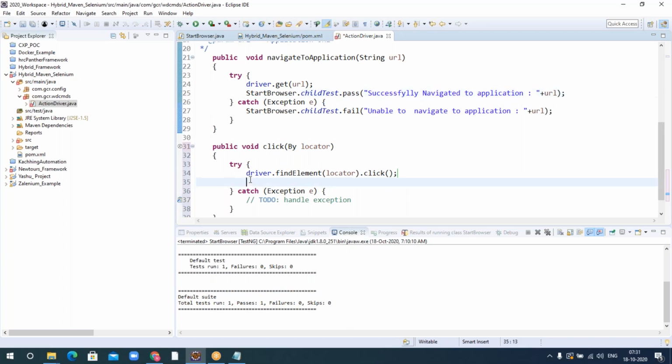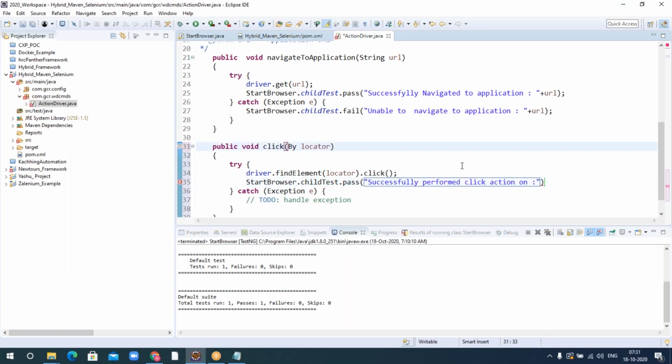So start browser dot, again the chain test dot pass. So here, successfully performed click action on, and this is one good thing. One more thing we need to add is string element name, so that you can give that element name and it will tell you whether the action is performed on it or not.